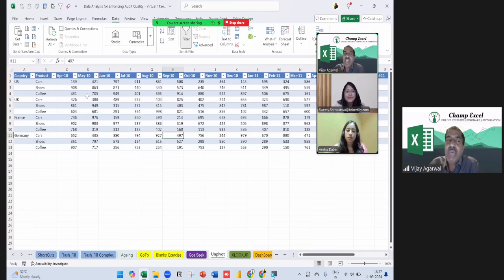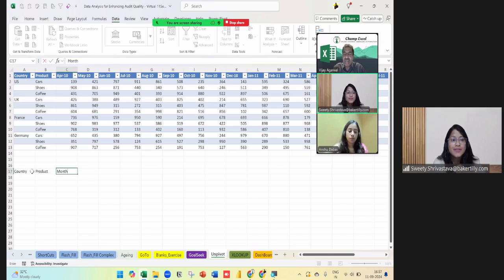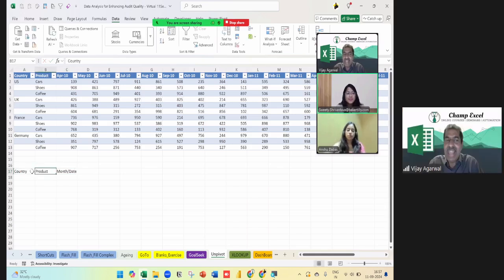So for a pivot table, if I'm having multiple columns, is it going to work for me? What should my exact data be? If my data is something like country, here should be product, here should be month or date, whatever is there, and here should be amount.